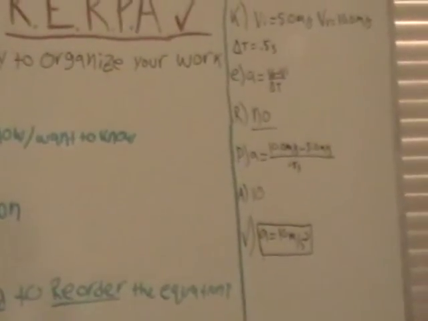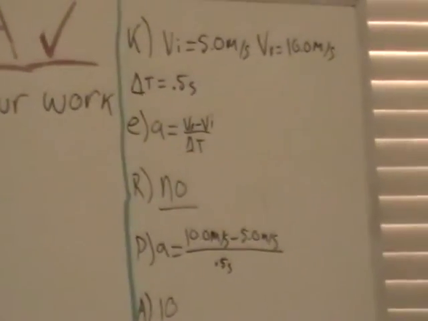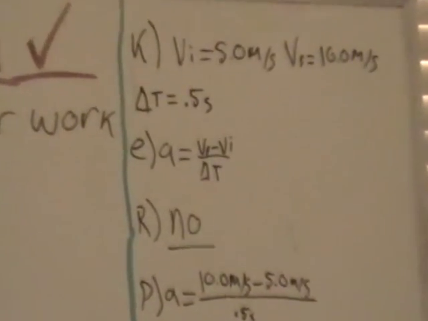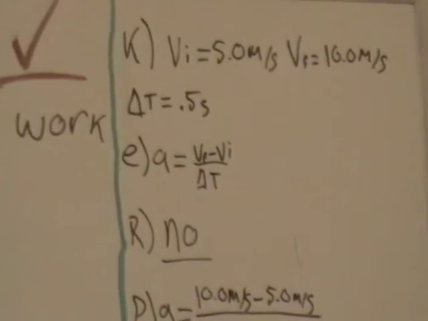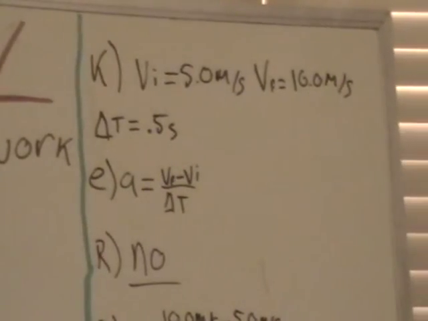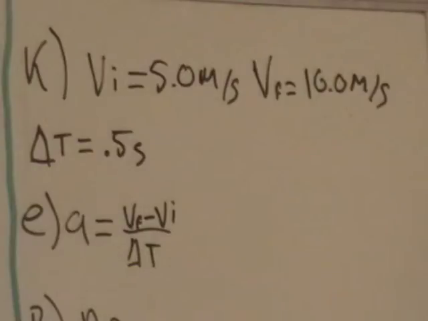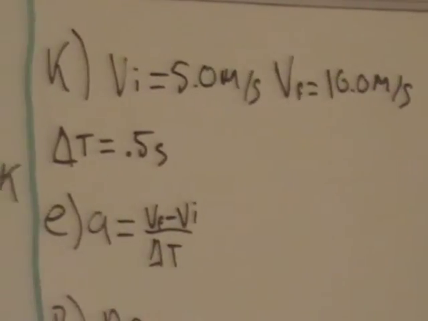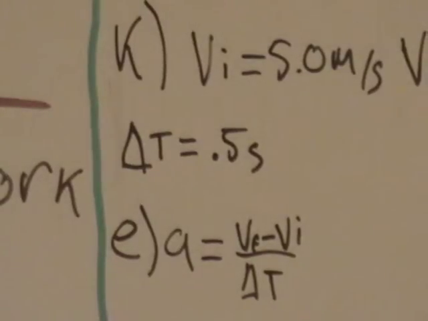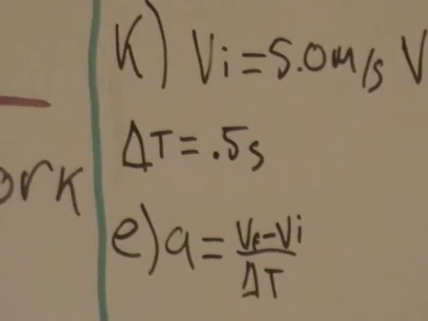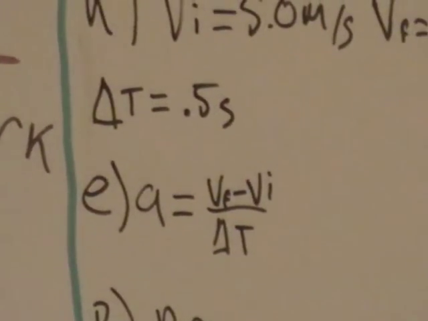and we'll go over it. Okay, so say we were given a problem and we knew that VI, which stands for our velocity initial, was 5.0 meters per second when it started. We also knew when it ended, which is our velocity final, VF, that equaled 10.0 meters per second. We also knew that our delta T, remember delta means the change in, so we knew the change in time equaled 0.5 seconds. So we'd move on down to our E, and our equation would be, if we're wanting to find the acceleration, by the way,